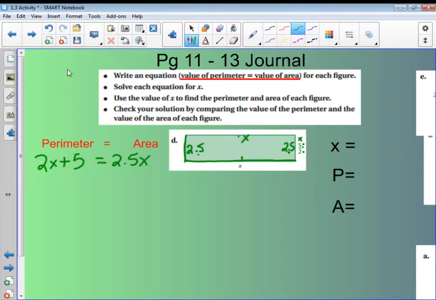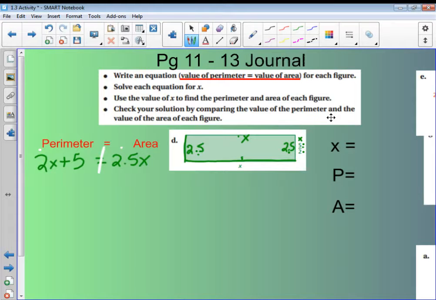2.5x is how you guys are used to seeing it when it's just multiplying between those two numbers. So now I'm going to go ahead and get my x's to one side. Okay, so right now, here's my equal sign. I already have 2.5x by itself over here, so I'm going to shift this one out. So you need to remember that if you are moving that front number and there is nothing in front of it, you have to think, right now it's positive